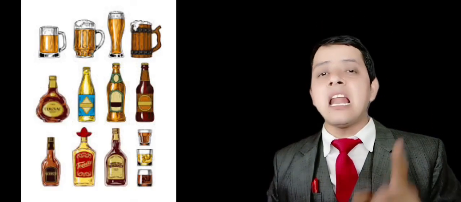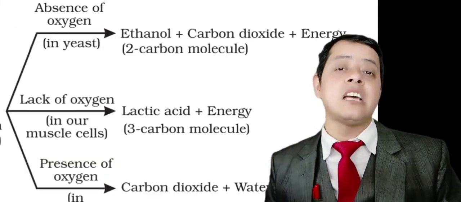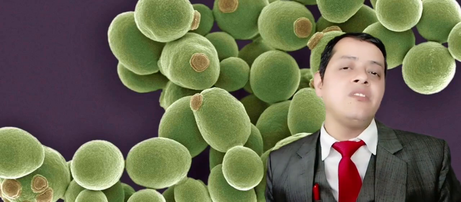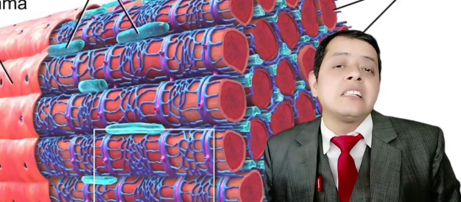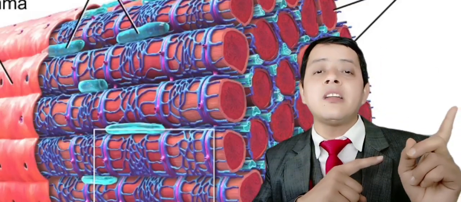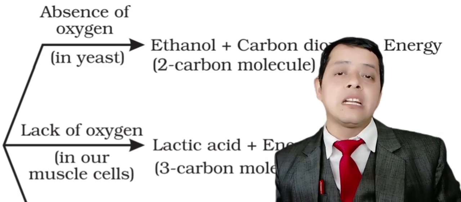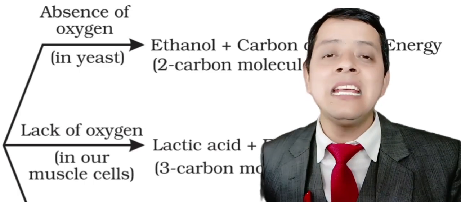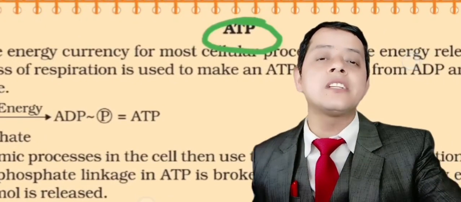So if ethyl alcohol is the output product, that means that is happening in the yeast. Whereas if it is happening in the muscle cells, then that is called lactic acid fermentation. Yes, of course, we understand now what that means. Now let's understand the next points about